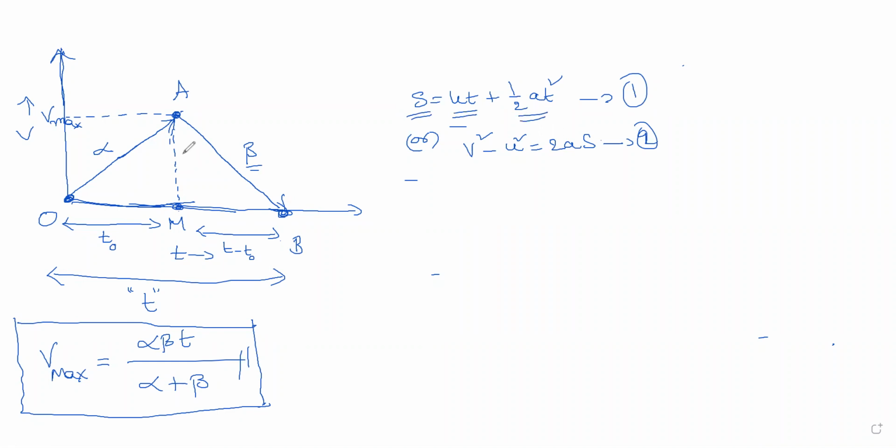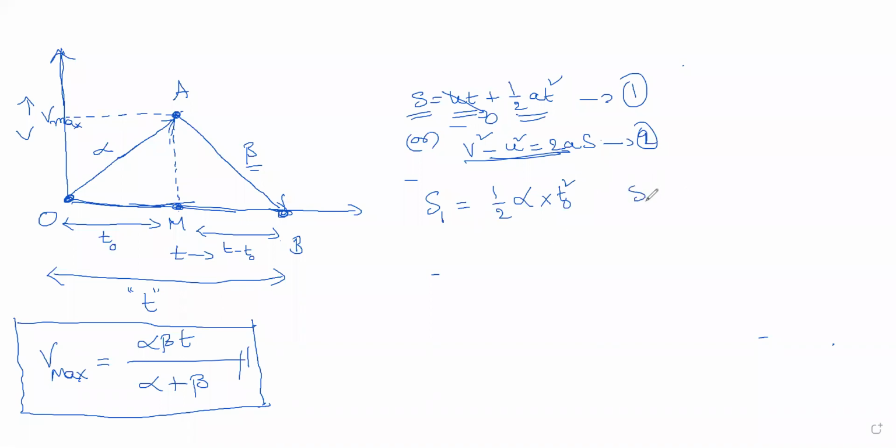So we can do part by part. We'll use the first equation. This one also you can use, or you can use this. For the first part, how much displacement? For the second part, how much displacement? And then add up both. That's how we will do. For the OA condition, how much displacement? The initial velocity is 0, so this part is 0. So S1 is half, it is undergoing acceleration alpha, but the time it took is t naught, alpha t naught square.